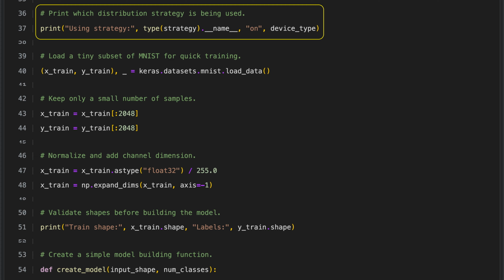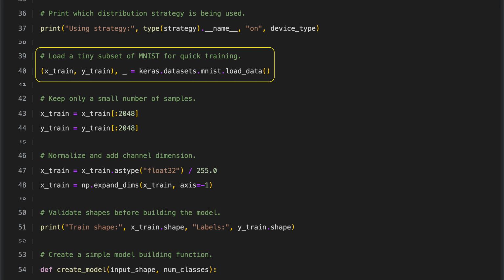intended hardware for training. We begin by loading a small part of the MNIST dataset using Keras. MNIST is a standard dataset of handwritten digit images used to train and test image processing models. In this step, we load only the training portion, which contains the images and their labels. Using just this subset lets us train our model more quickly and with fewer computational resources while still demonstrating the